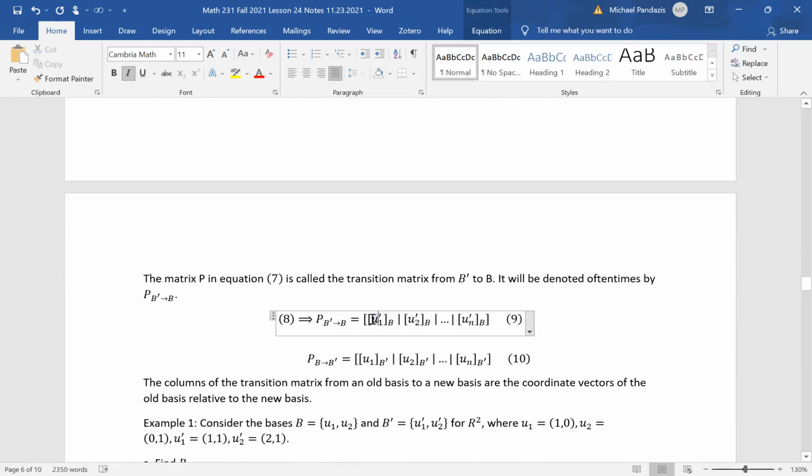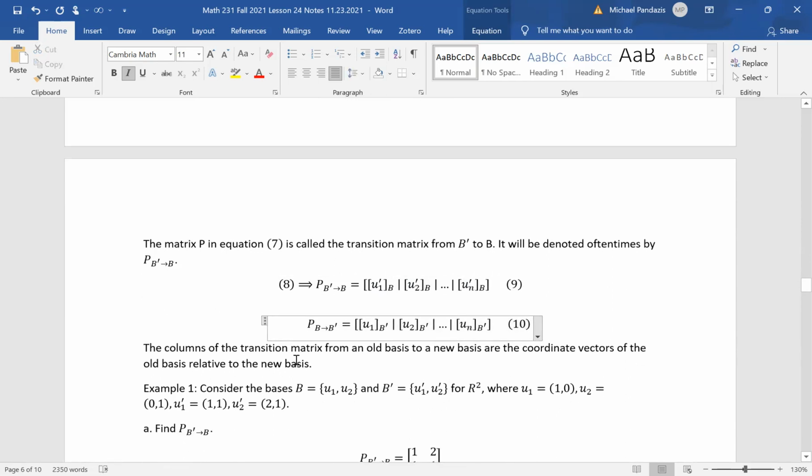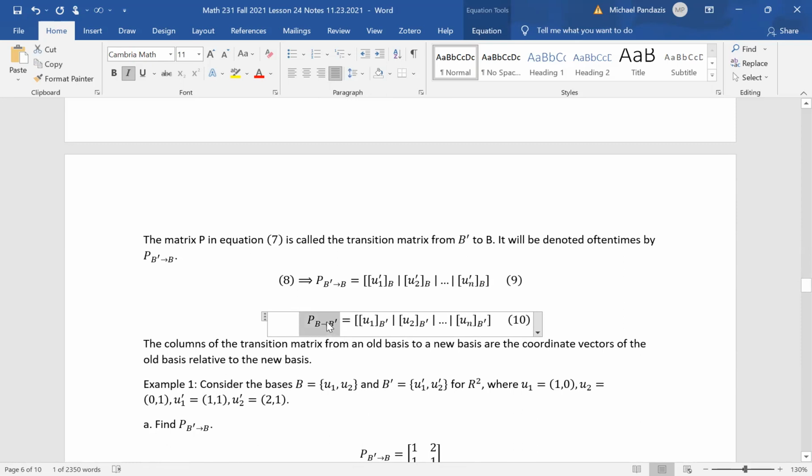So this is the matrix whose first column is that matrix. The second column is this one, dot, dot, dot. The last column is that matrix. They're vertical matrices, the column matrices. And also, if you have the transition matrix in the opposite direction from B to B prime, you're going to